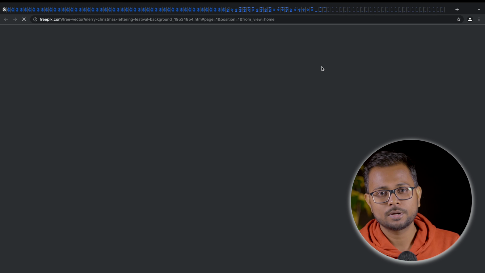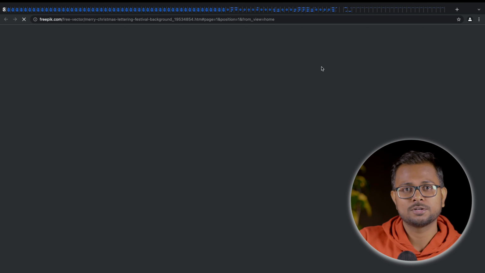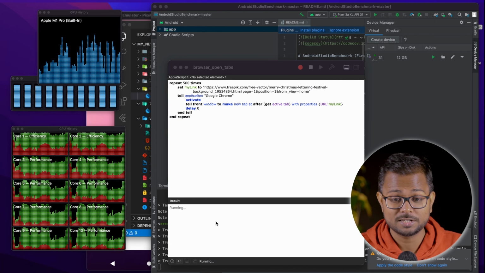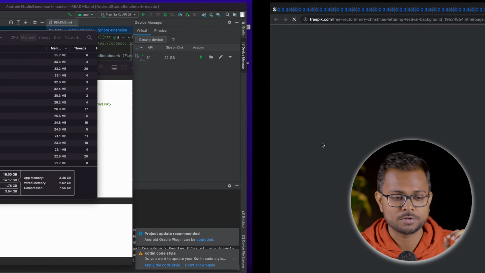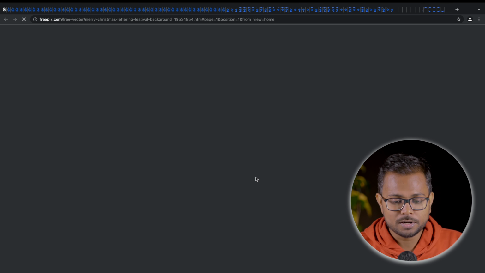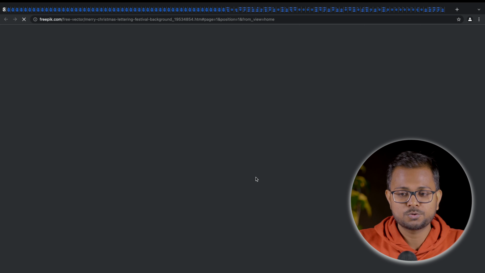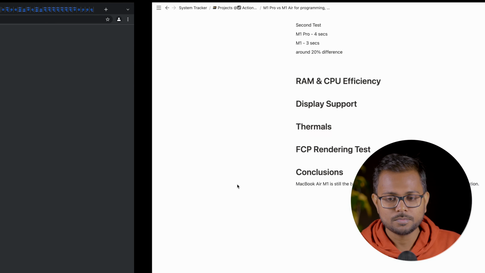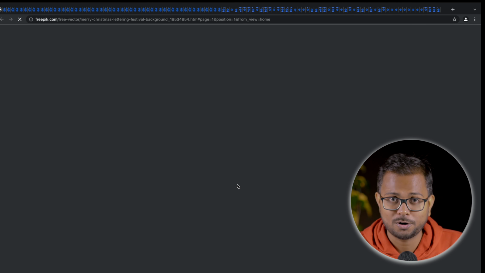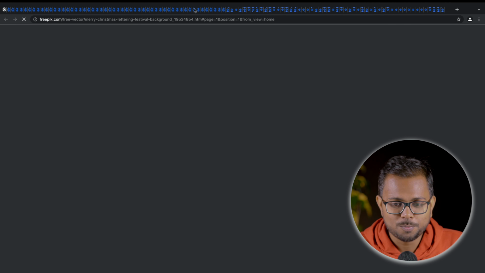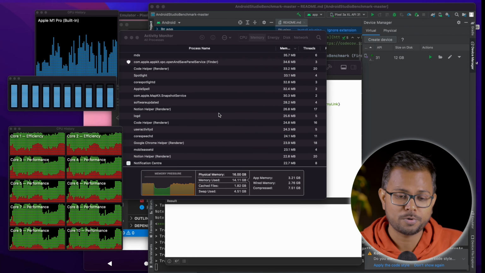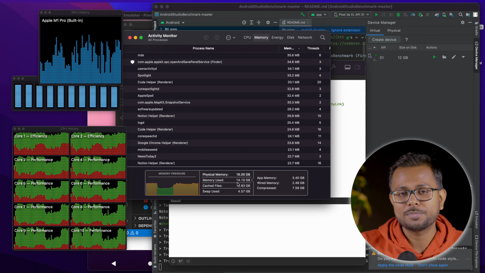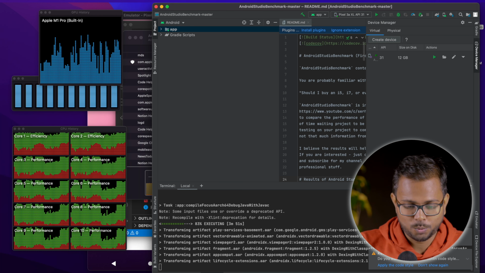In total, we can say 700 to 800 tabs are being opened in Chrome, and let's see what happens now. It's still opening 500 tabs with zero delay, and let's see what's happening in the Activity Monitor. The Activity Monitor is continuously changing screens because there are 500 tabs to be opened. Now it has actually become a little bit laggy. We have put immense pressure onto it. We can see that the memory used is around 14 gigabytes and the swap is just around 4 gigabytes. We just don't know what's happening.